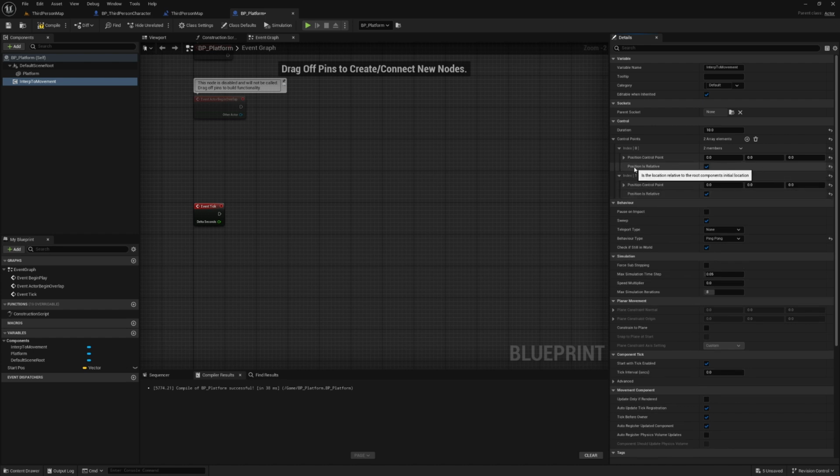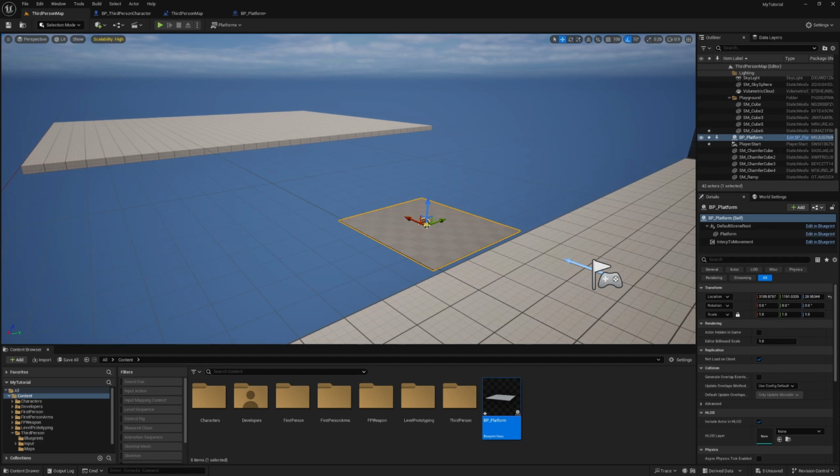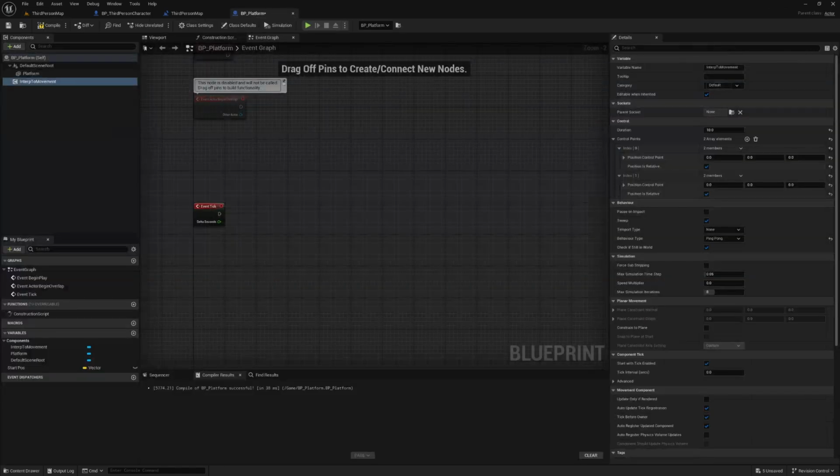right here it's got a checkbox that says position is relative. So if I leave this first control point as 0, 0, 0 and as relative, it will mean that wherever this blueprint starts, that will be the starting position right there. So we don't have to mess around adding a certain amount to the current location times delta seconds, blah, blah, blah. We can basically just add 2 control points, and let's say the position on this control point is